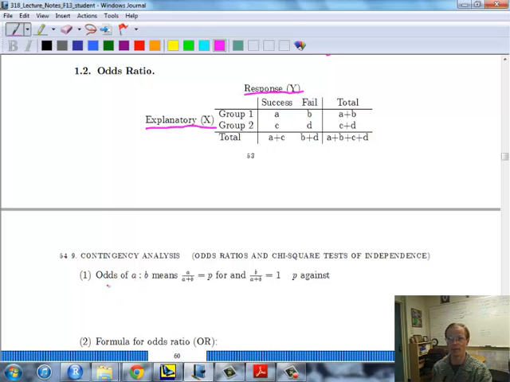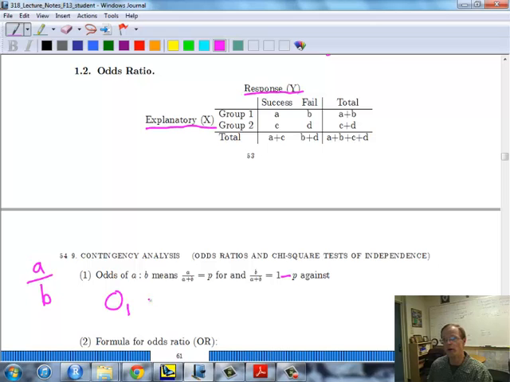So A to B. You could write that A over B. Now, technically, we can go ahead and put it like this. If you let P be the proportion in group 1 of the successes, that's A over A plus B, and we let 1 minus P be the proportion of fails, B over A plus B, then